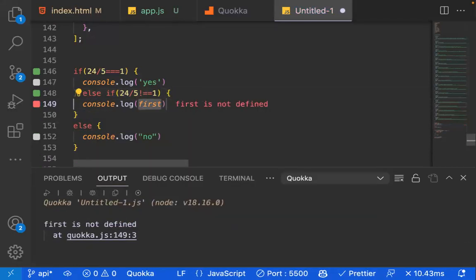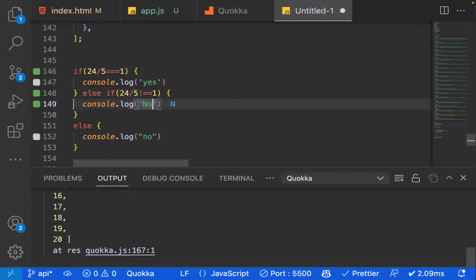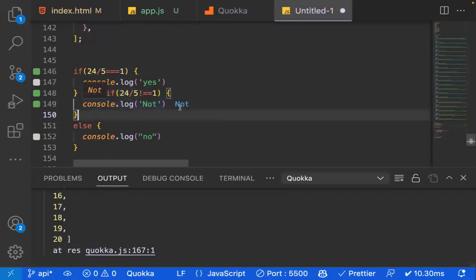CLG not equal to, right? But then this one is going to work because this is not equals to 1. So this is definitely going to work, so we don't need to come down here to do anything again. So we can say else if a couple of times, right? We can say it a couple of times. In some cases,